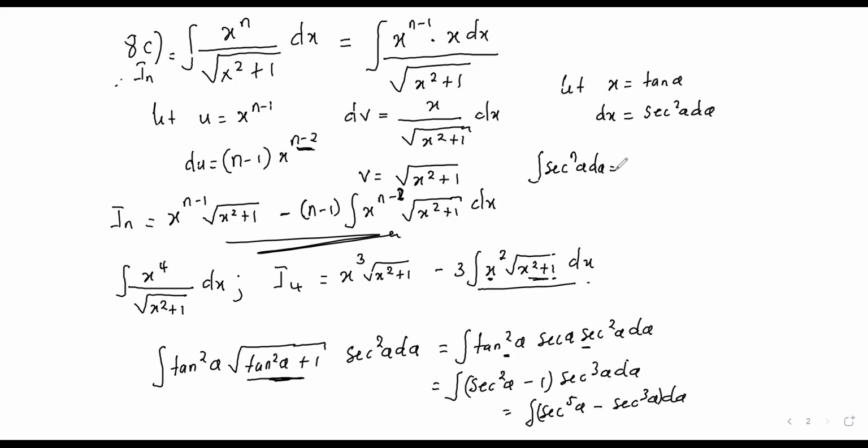If this is sec^n, you have 1 over n tan theta sec^(n minus 2) theta